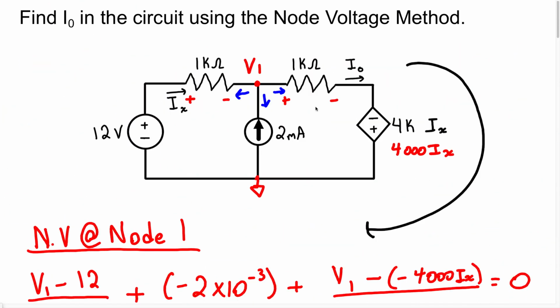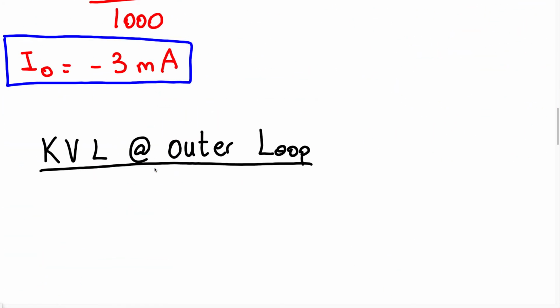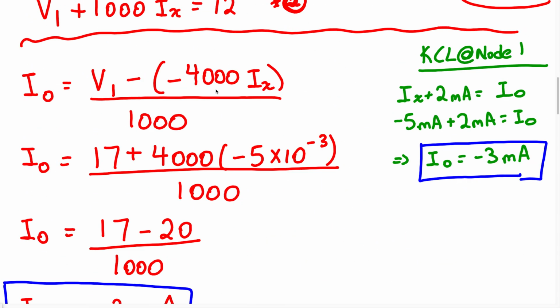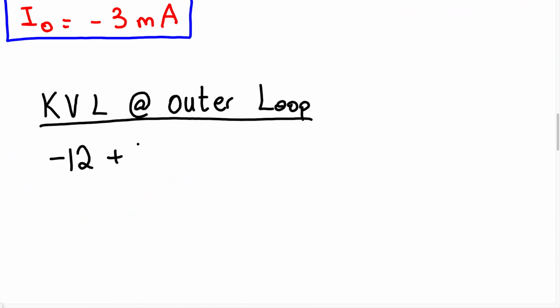So we're going to walk around, let's start at this 12 volt source. We're going to enter the negative terminal, right? So we're going to have a negative 12 plus, now the voltage across this resistor can be found by using Ohm's law. We can say the current Ix multiplied by the value of that resistor, which is 1000. So we can write plus 1000